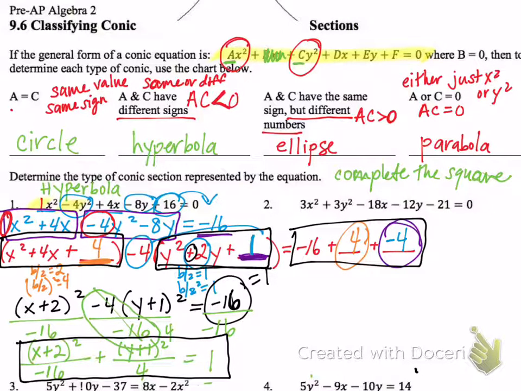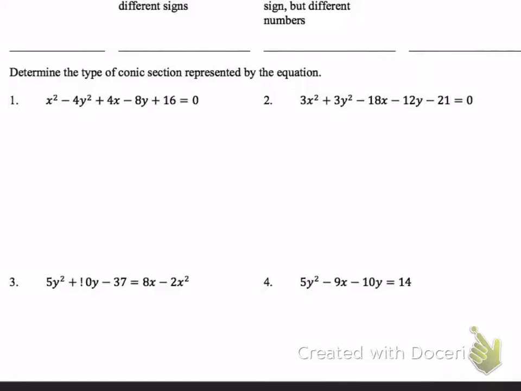So for number 2, if I look at my a and my c values, I have 3x squared plus 3y squared. A and c are the same value, same sign, so it is a circle. Now I want you to complete the square and try to get your equation to look just like this circle one. I want to put my x squareds together and my y squareds together, but before we even start,